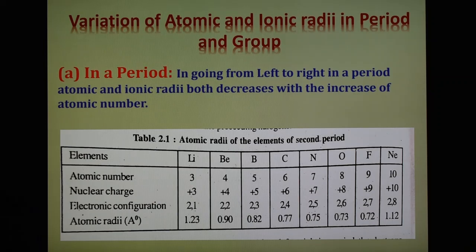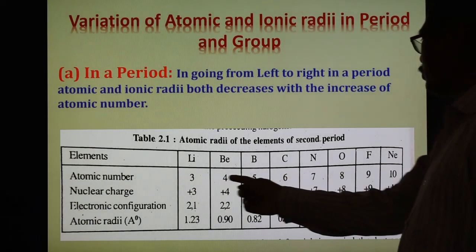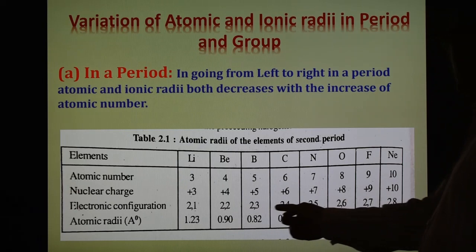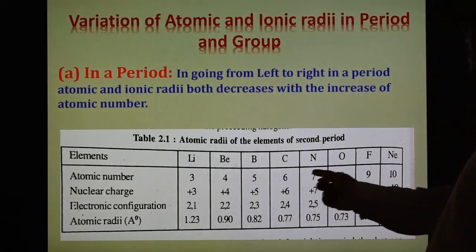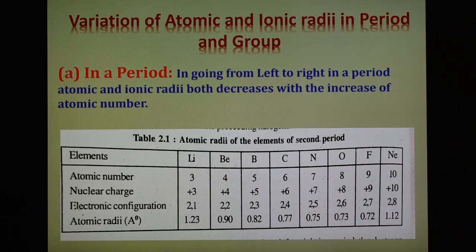In simple terms, we can also say that as the atomic number increases from left to right, the size of the atom decreases, since only 2 shells are there. Why does it decrease? Because the electrostatic force of attraction between the positive nucleus and the valence electrons increases, and the increase of force of attraction decreases the size. As the size decreases, the atomic radius also decreases, because it depends upon the size. So in the period, the atomic radii decrease because the size of the atom decreases.